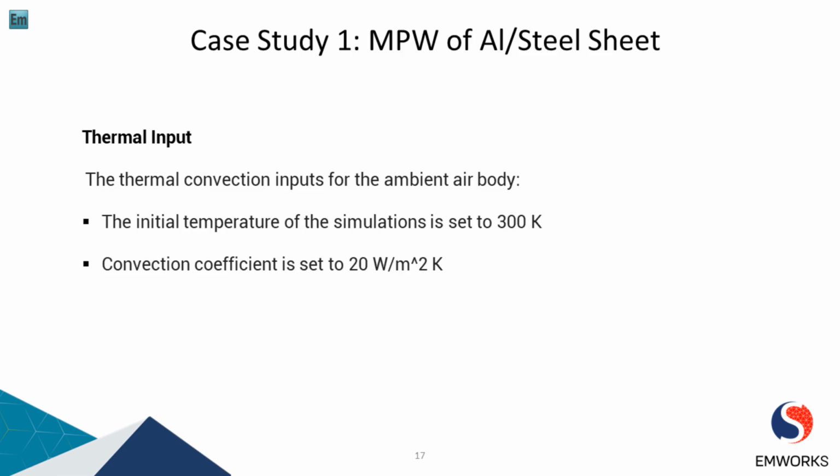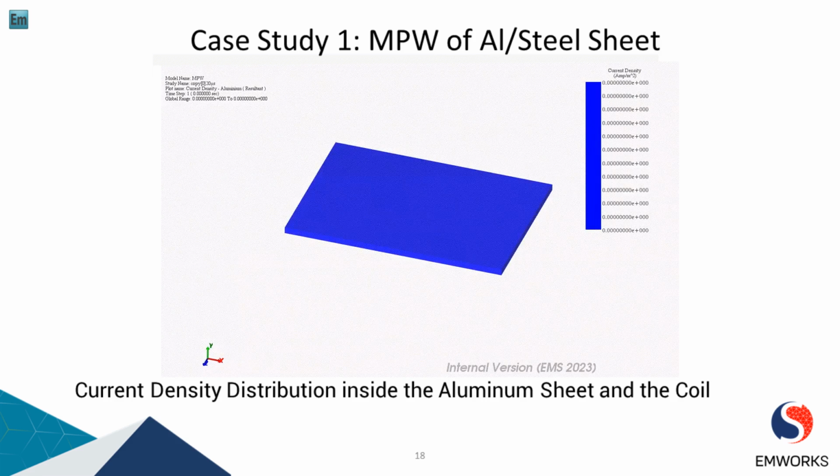simulation and analysis. So I'll just play the animation. In this case study, we utilized EMS simulation to visualize the current density distribution inside the aluminum sheet and the coil during the magnetic pulse welding process. As you can see in the animation, it helps us understand how the current flows through the materials during the welding